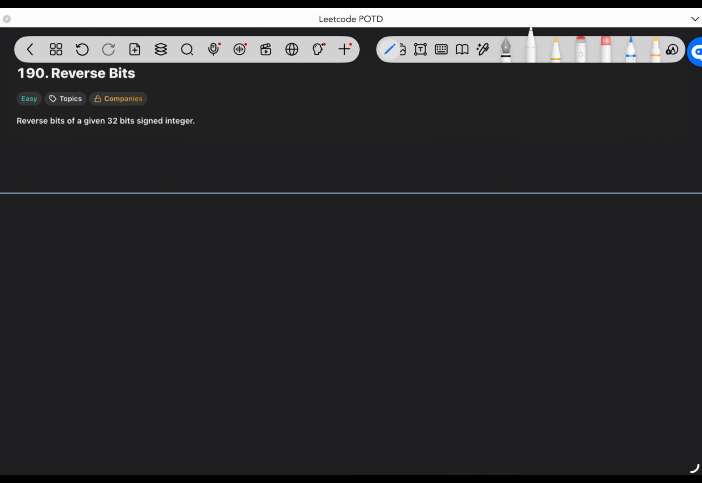Let's see today's LeetCode problem. 190, Reverse Bits. It's marked easy. We need to reverse the bits of a given 32-bit signed integer. This is a simple problem, but before starting, we'll brush up on our